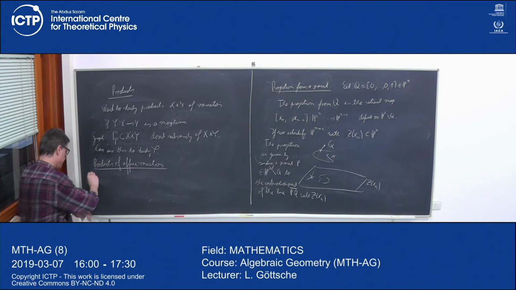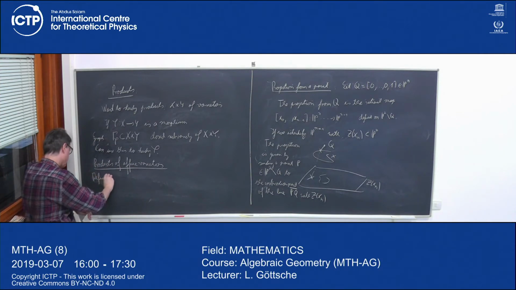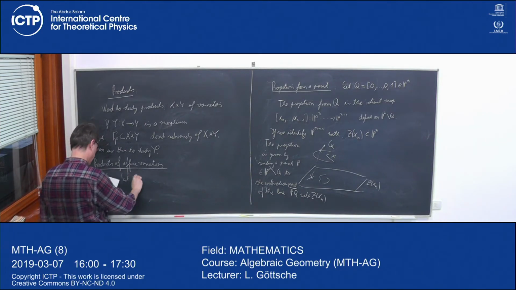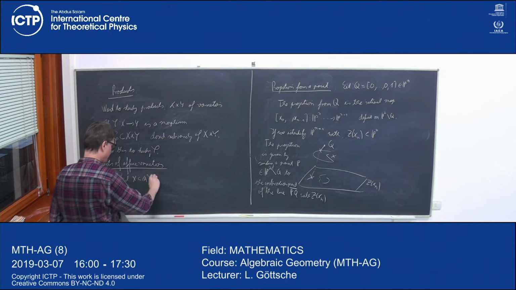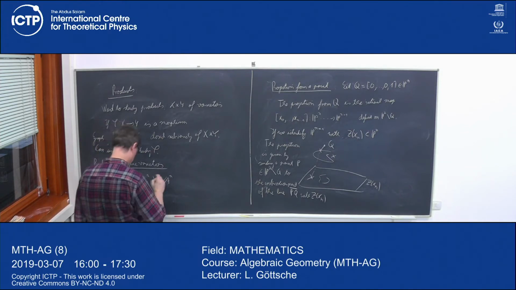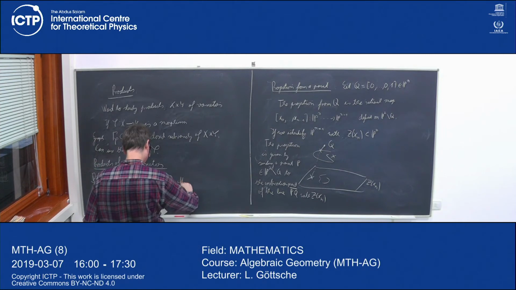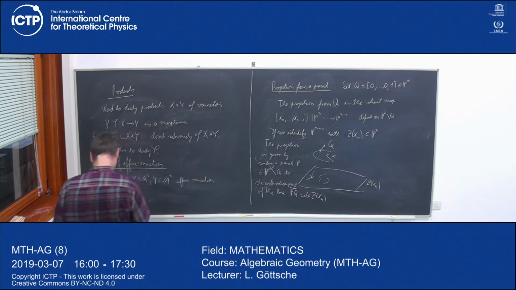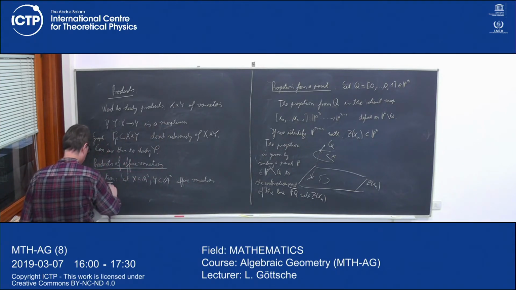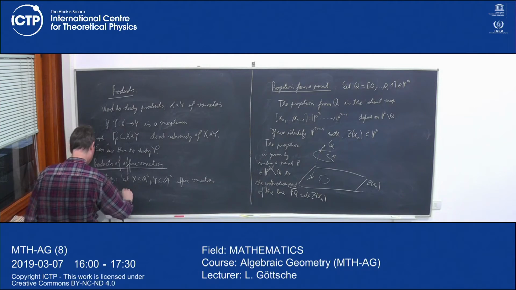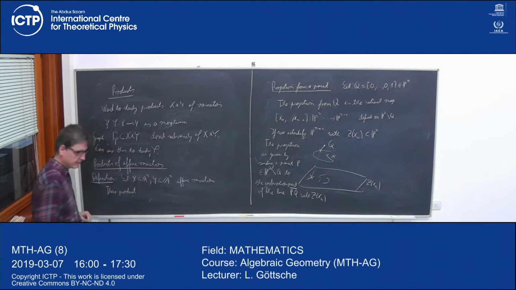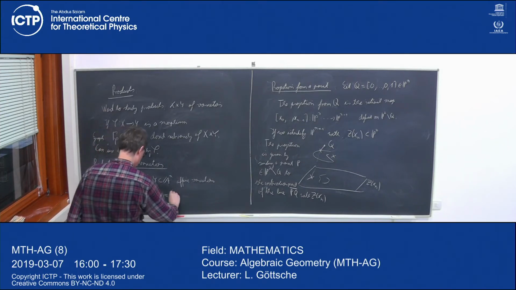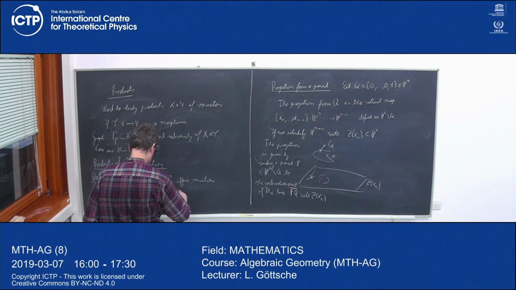So, definition. Let X in A^n, Y in A^m be affine varieties. Then their product is defined to be their product. So the product is X times Y, which is just equal to the set of all pairs